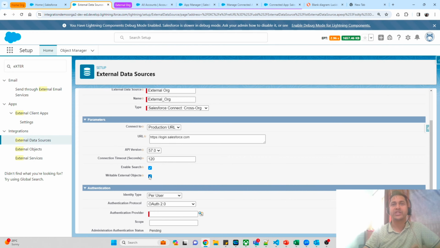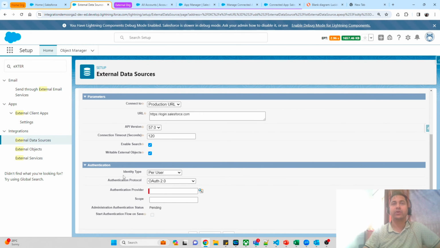Here we have to go and check this checkbox. If we check this checkbox, we will be able to modify the external records from our home org as well. Now the next thing that we have to do here is define the authentication parameters